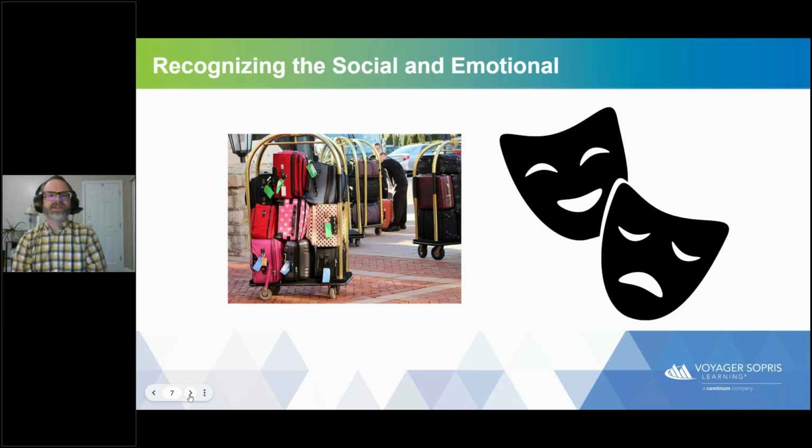The second thing that I think about is recognizing both the social and the emotional and the complex lives that students lead, not just in terms of thinking about the day-to-day activities that students have to deal with in terms of negotiating relationships with their peers, negotiating relationships with family members, negotiating grief, but those larger things that we know about that are part of society.